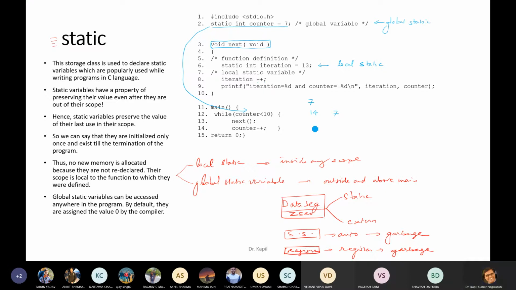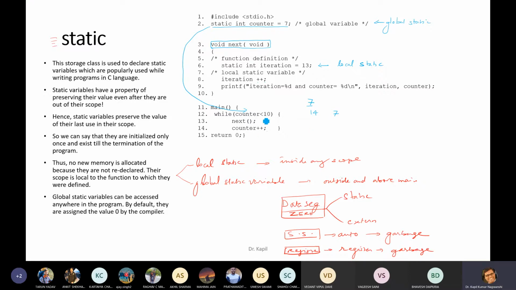Then in the next iteration, the next function will be terminated. Now come to counter again. Counter plus plus. What is the value of counter now? It is 7. Now it will become 8. Okay. After that, it goes here only. And because static is written, that's why the value of 8 is retained. Otherwise, because this program is running correctly, there is no problem.